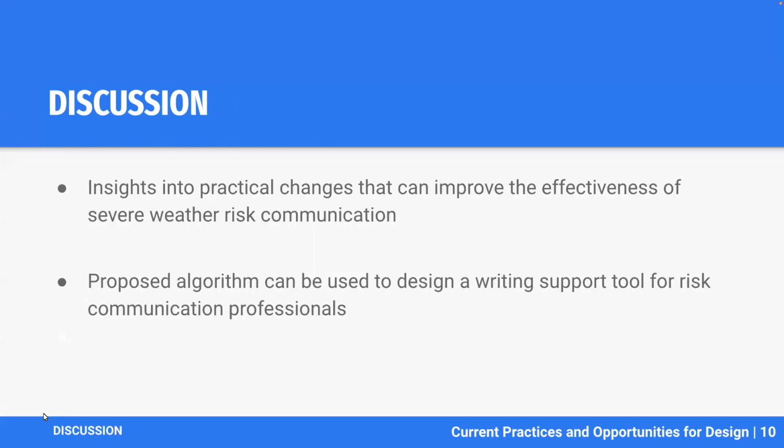The results of this analysis offer insights into practical changes that can be made to severe weather risk communication to improve their effectiveness, such as including omitted themes and using simpler language. This has the potential to both reduce the losses caused by these events and increase the inclusivity and accessibility of